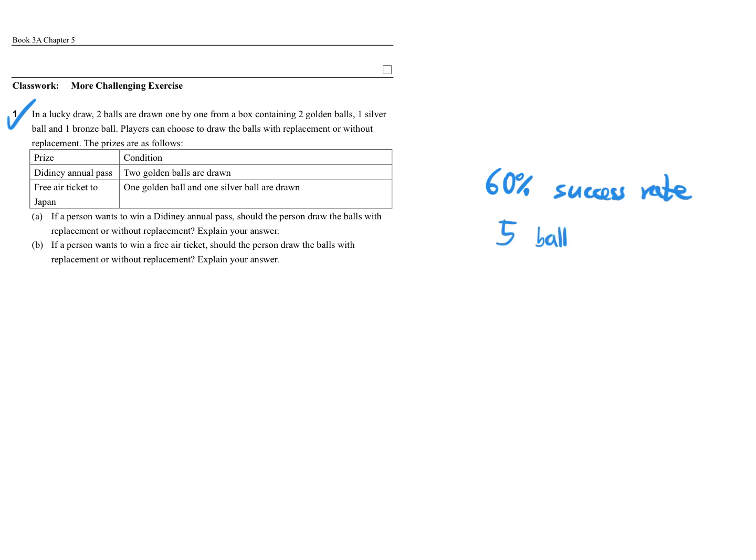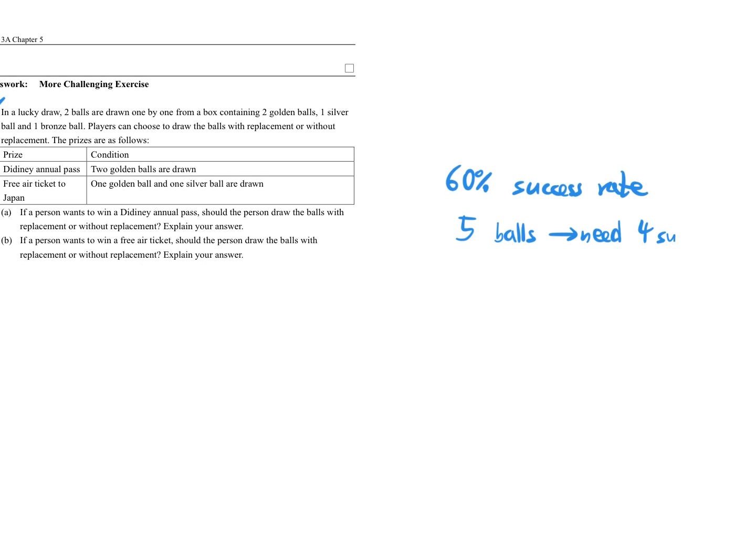5 balls, need 4 success. What's the probability? Okay. I'm just talking about